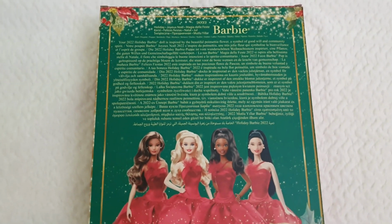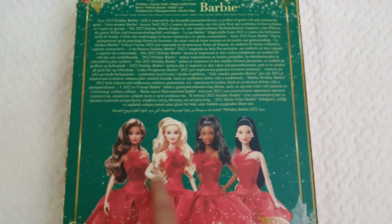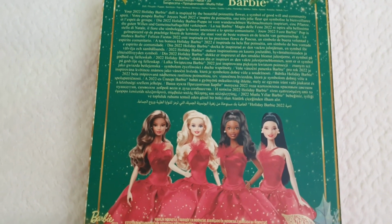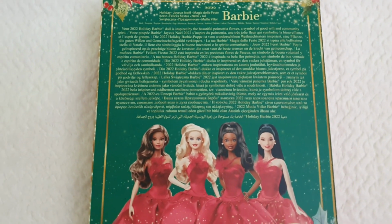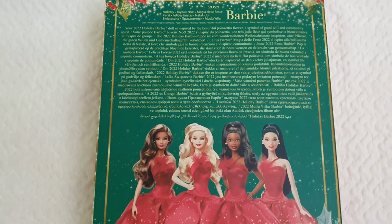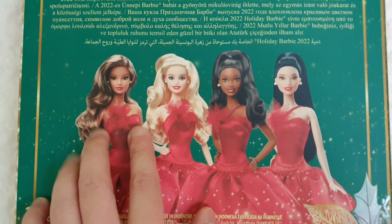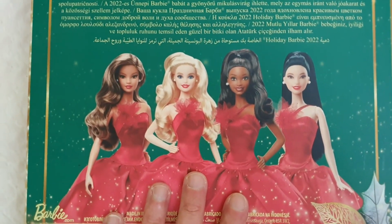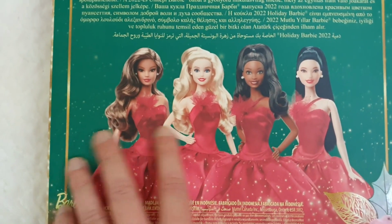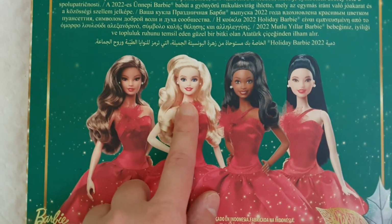Now, I think this is the regular box, or the international regular box for all these four. Although there's a Walmart exclusive, the red hat one, that appears to have a lot of hype. But to be honest, all of them look so cool. The thing is, I would collect them all. I don't know, maybe if they go on sale, just because I even like the Millie face, that's like the